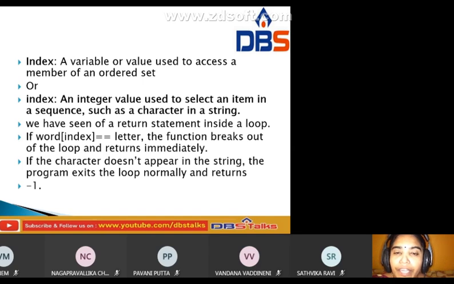We have also seen the return statement inside a loop: if word of index equals letter, the function breaks out of the loop and returns immediately, and if the character does not appear in that string, the program exits the loop normally and returns -1.